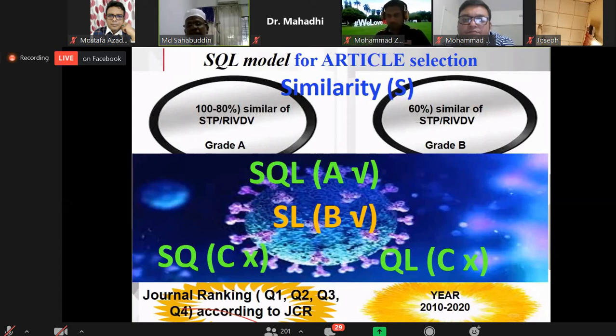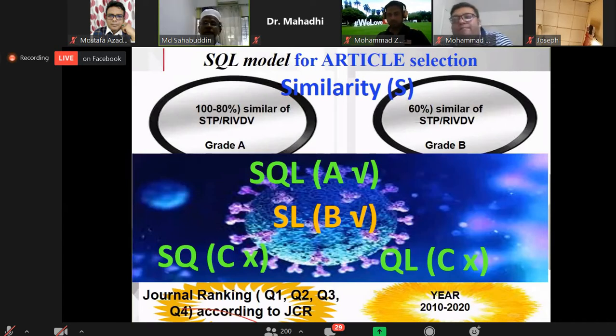The third criteria is latest. Latest means the last 10 years. When I collect the article, the citation should be from the last 10 years, so it will help to increase the latest information and the quality information. So we normally prefer the last 10 years. For some research, maybe you cannot get the last 10 years. In this case, we can go further back. But for most research, we will find articles within the 10 years. So the downloaded article should be from the last 10 years.